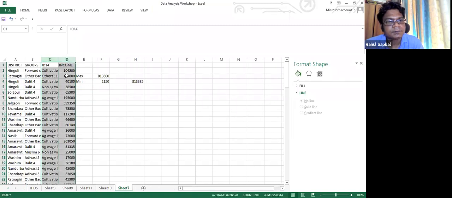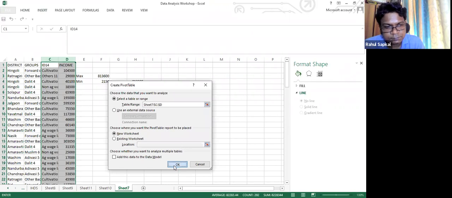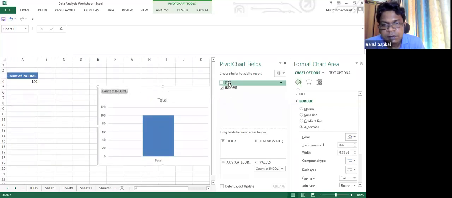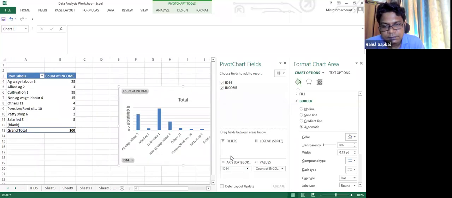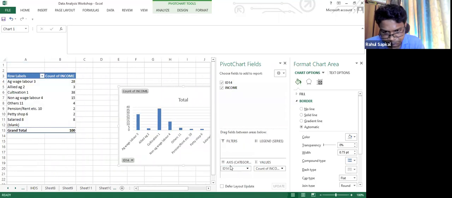Take this. To middle chart. Open. I'll put income here and put axis here. And also add filters. Per data layout.